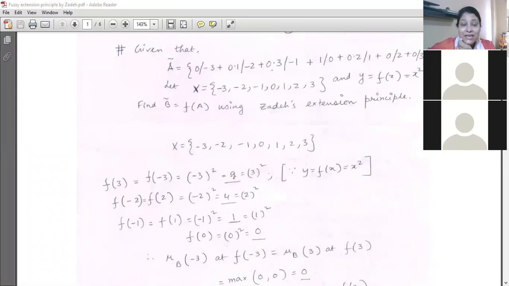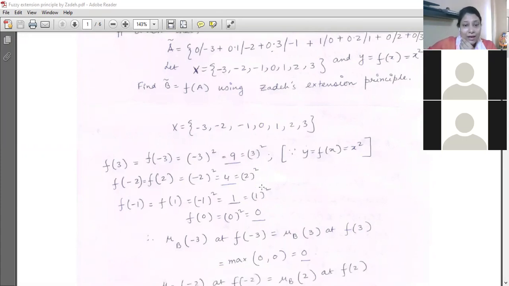So basically you can term this as y1. That means you have to create another fuzzy set of linguistic variable y, which is associated with your new fuzzy set B. So this is your y1, 9, for the linguistic variables x1 and x7, which are minus 3 and 3. So it is now the image of linguistic variables x1 and x7, which appears as y1 in the new fuzzy set B.